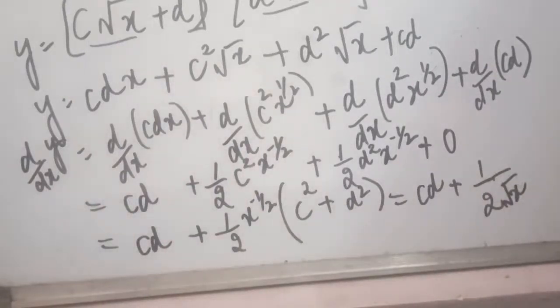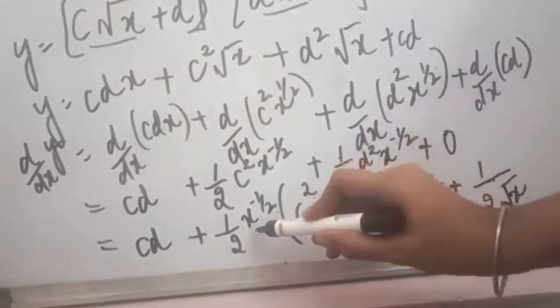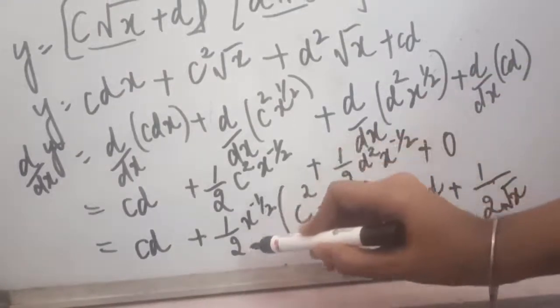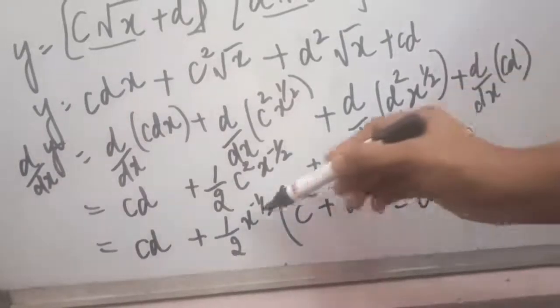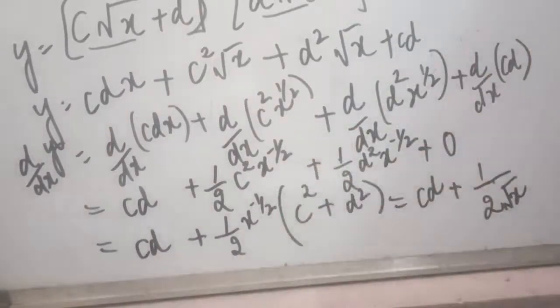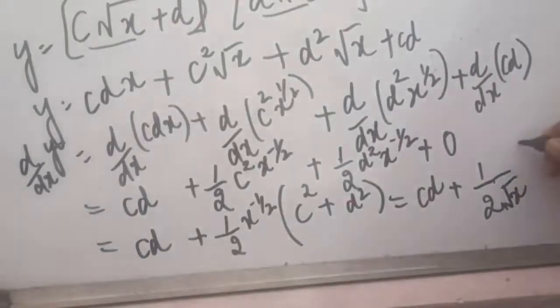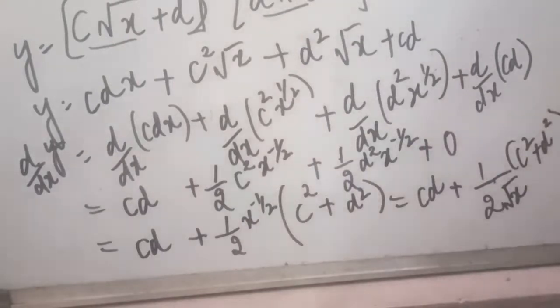I hope you all understand what I have done. In this case, x power is minus half. If I take this x below, it will be under root x. x power half, I told you, is equal to under root x. Under root x means x power half. These are one and the same things. So here x comes below with the positive power half. So I have written under root at its place, and finally we can write the bracket c square plus d square.